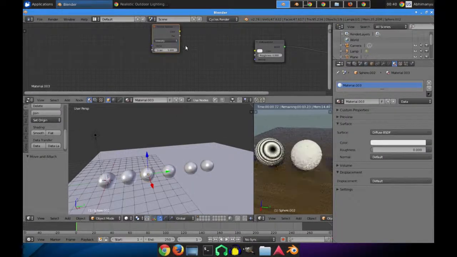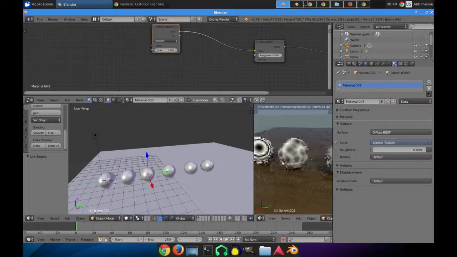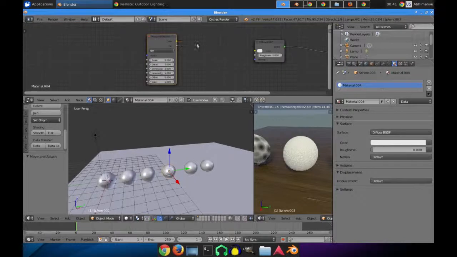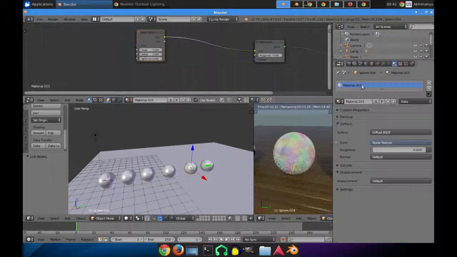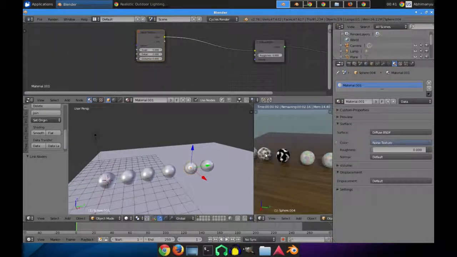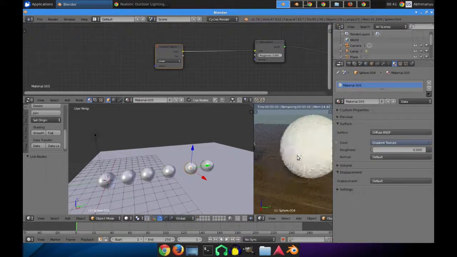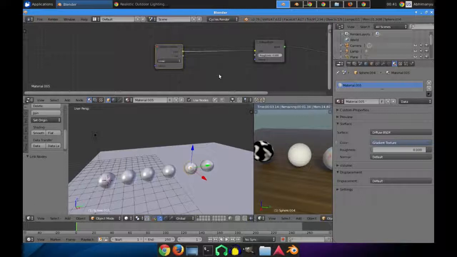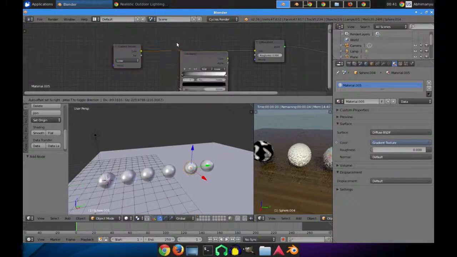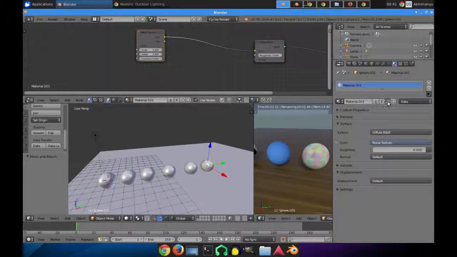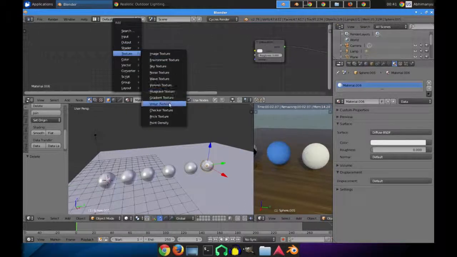I'll add Voronoi texture, fourth, Musgrave, fifth, gradient, and magic,